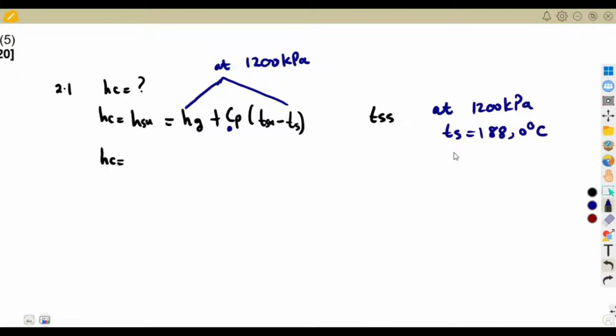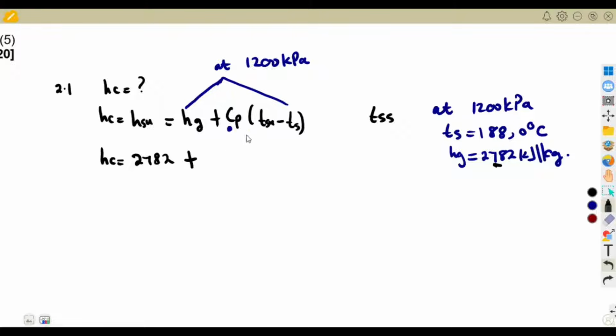188.0 degrees Celsius, and Hg there was given as 2,782 kilojoules per kilogram. So that is the idea of the question. All right, so there we're just going to substitute Hc, which is the enthalpy of the superheated steam. We're going to have Hg, which is